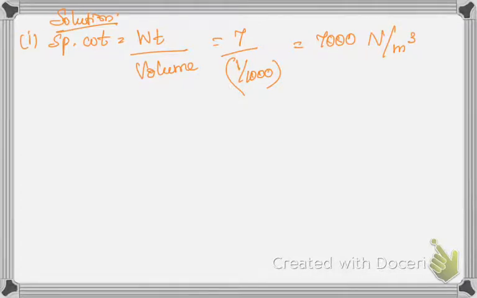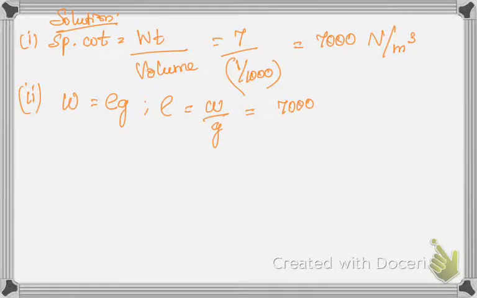So the second one is density. We have found that from the specific weight, W is equal to rho into G. So rho will be equal to W by G. The value for W is 7000 and the value for G is 9.81, which is equal to 713.5 kg per meter cube. In the previous video we derived that density is nothing but mass by volume, so the unit is kg per meter cube. You can straight away put that unit.